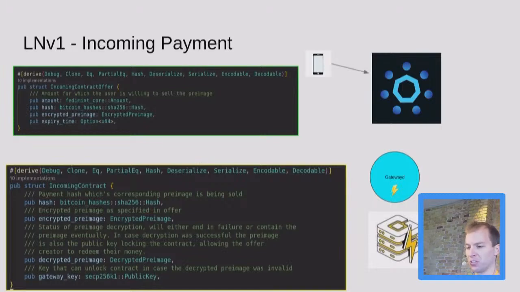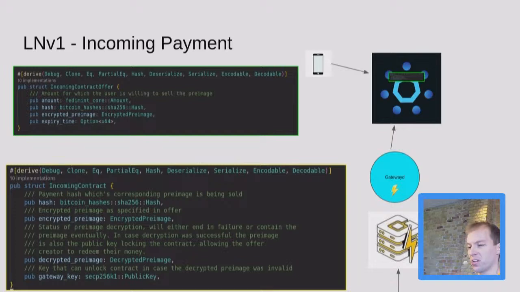So what happens is the user creates this offer, and that gets put in the contract. And then it generates an invoice, and it sends that off to whoever wants to pay it. At this point, the Lightning node just waits for the payment, and it does that with an HTLC interceptor. So the Lightning node actually intercepts the HTLC that corresponds to that hash, and the gateway then says,